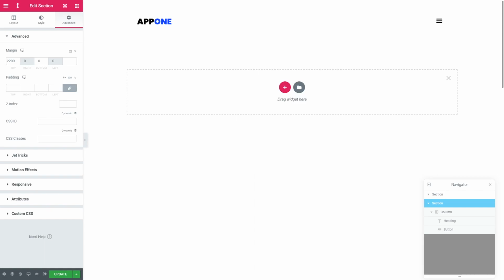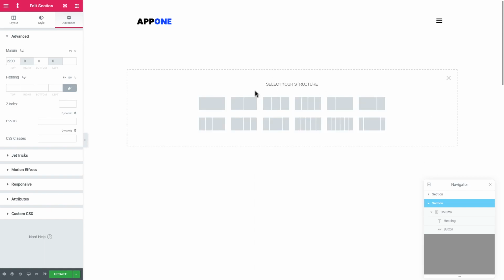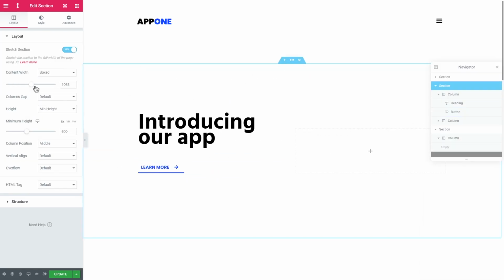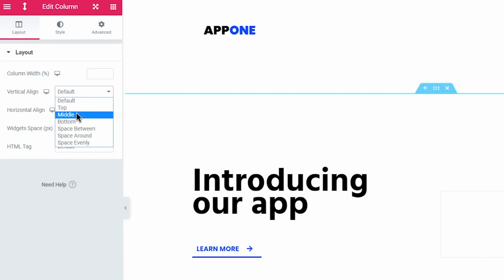Well, here we go, we got our assets prepared, now the simple part is left, putting it all together in the Elementor editor. I'll jump to my page and create a new section. I put some content on the left just for the context, adjust the height of the section and set the vertical align inside the column to middle.